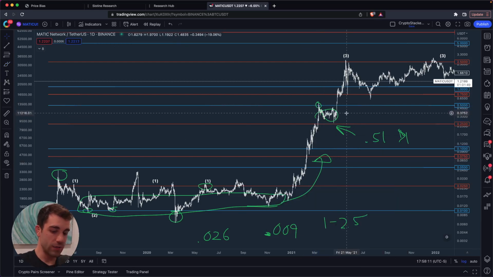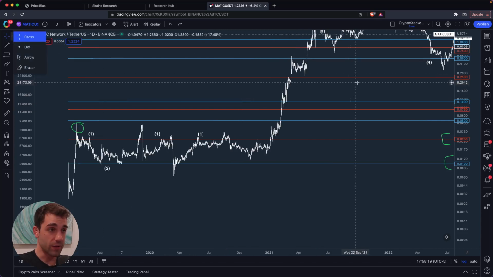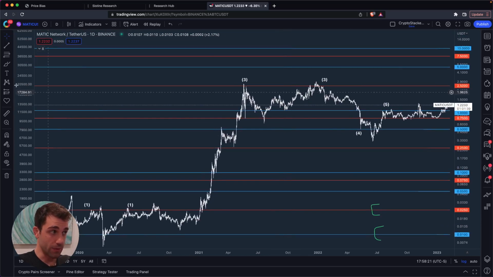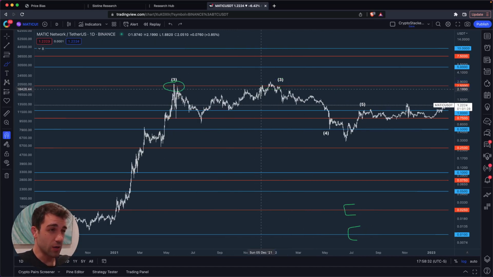We see this happen time and time again across multiple assets. You can throw this indicator on just about any asset, and you're going to find plenty of examples. We'll go through Solana here in just a moment. Same thing happens at 2.51 twice. We got essentially a double top there. We went up to almost $3, but there was very little price action that could be sustained above 2.51.